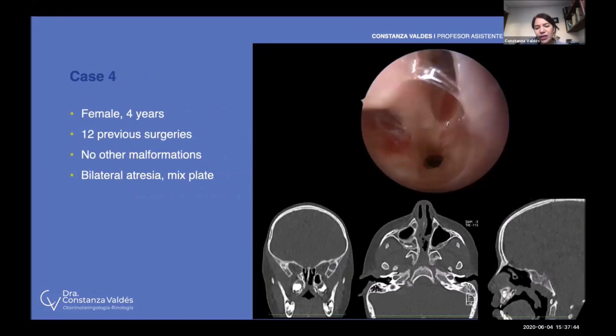This female patient came from the Dominican Republic to be operated on by me. She was 4 years old. She had 12 previous surgeries. She didn't have any other malformations, and she couldn't do with this aperture. She couldn't do exercise. She couldn't go normally to school. So she came to be operated on, and so this